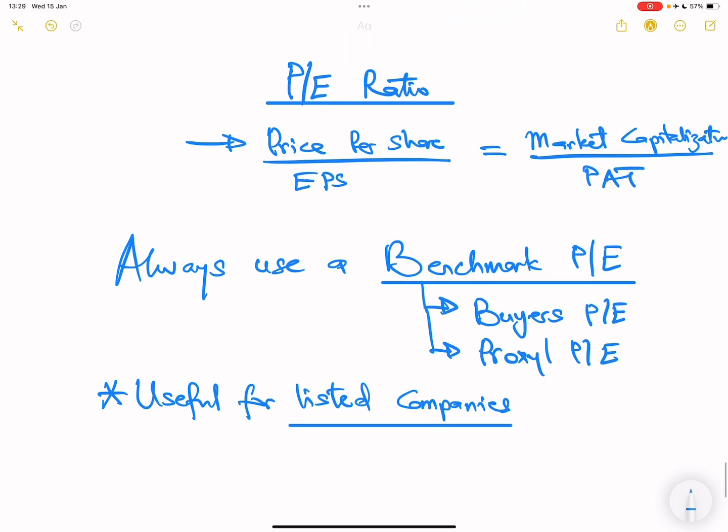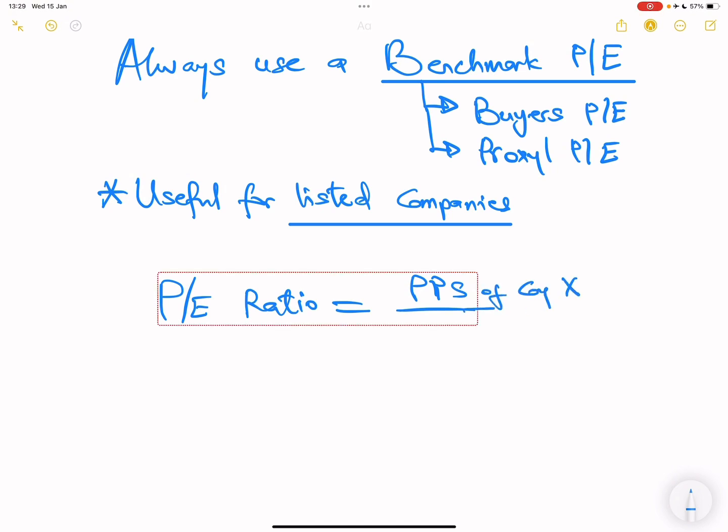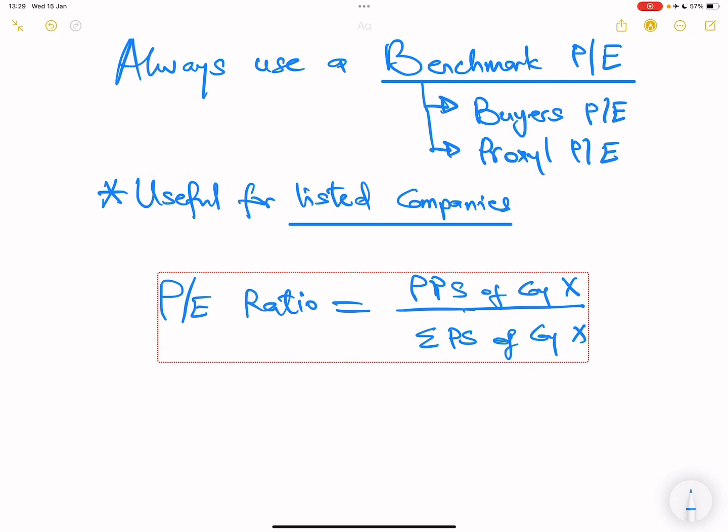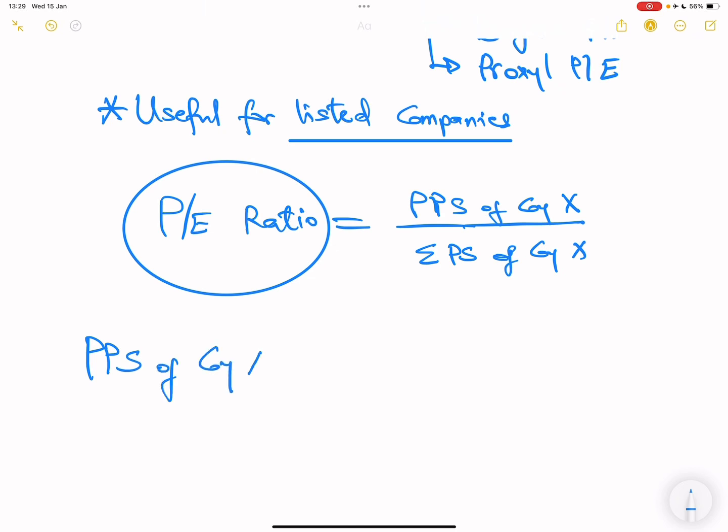Okay, so now how do you use this to get the price of a company? We have already said that PE ratio is equal to price per share, which is what you want to calculate. So let's say price per share of company X divided by earnings per share of company X. The question is, which PE ratio are you going to use? I've told you, and I'm saying it again, please, you cannot use the PE ratio of company X to value company X. So which means the price per share of company X that we are looking for will be equal